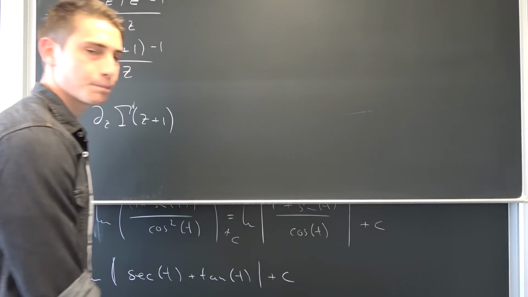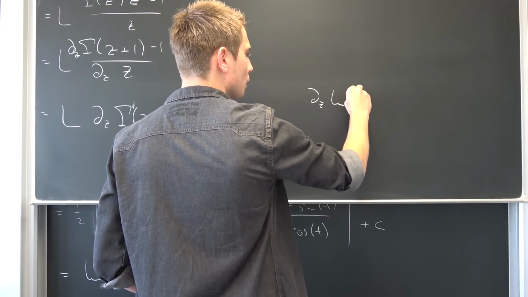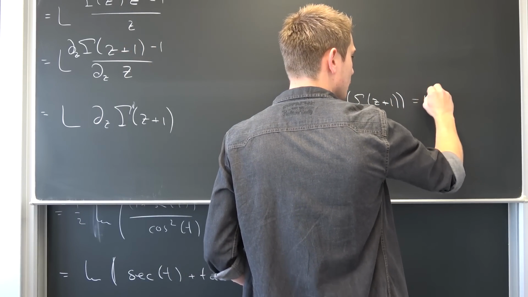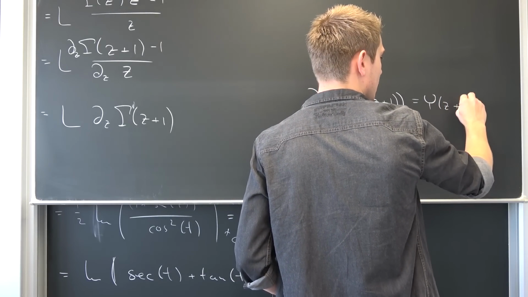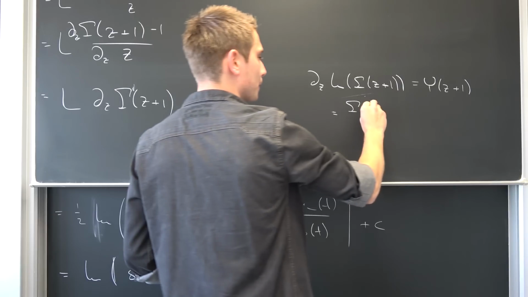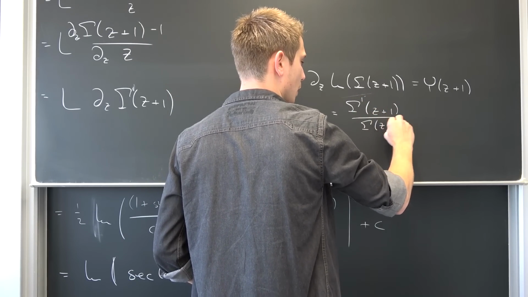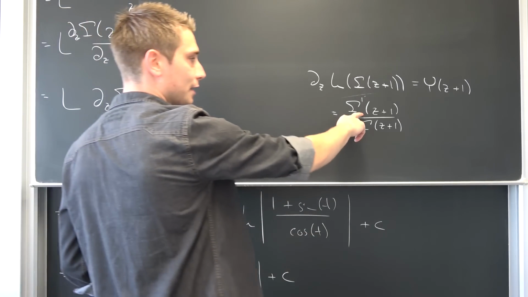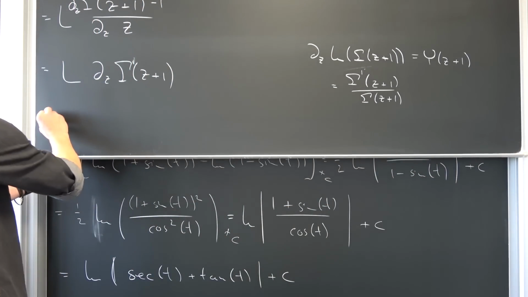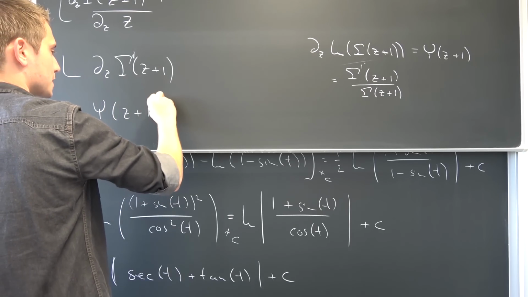And I want you guys to remember something peculiar. If you were to differentiate del z of the natural log of gamma of z plus 1, we ended up with exactly the digamma function of z plus 1. This is something we have derived before, which was nothing other than, by the chain rule, gamma prime of z plus 1 over gamma of z plus 1. Meaning overall, gamma prime is nothing other than digamma times gamma of z plus 1. Meaning in the limit this is nothing other than the digamma of z plus 1 times gamma of z plus 1.